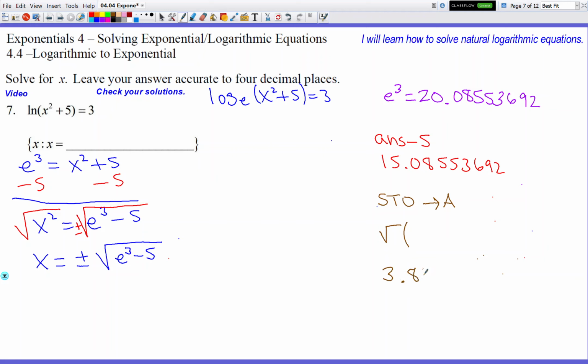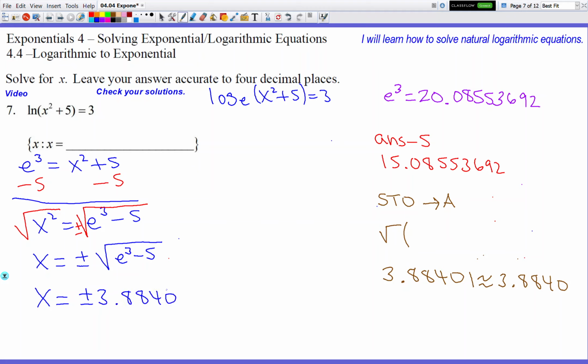3.88401. So if you're wondering why I wrote 5 decimals, it's because the 5th decimal is going to be used to tell me what the 4th decimal is going to do. Is the 0 going to stay a 0, or is that 0 going to become a 1? So since my 5th number is a 1, my answer rounds to 3.8840. Okay, so I'm going to go to the side here, and I'm going to write x equals plus or minus, sorry, 3 plus or minus